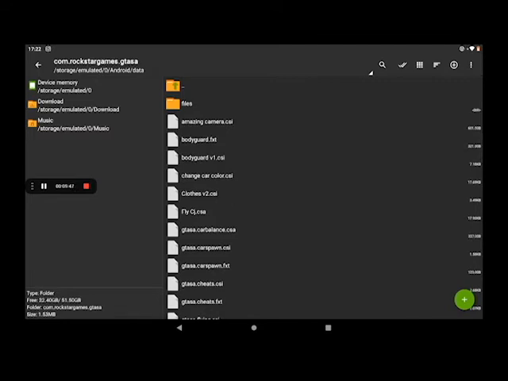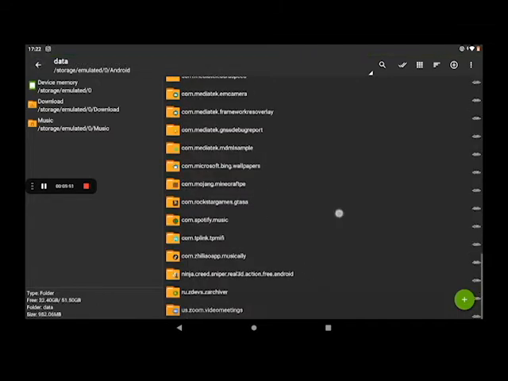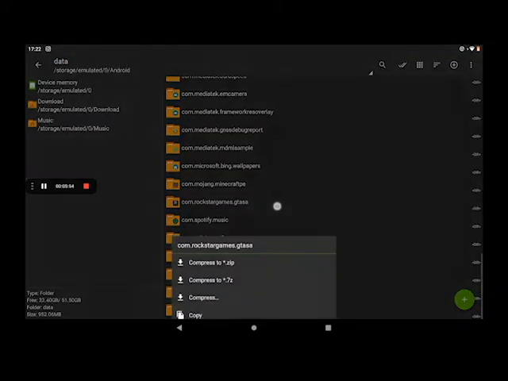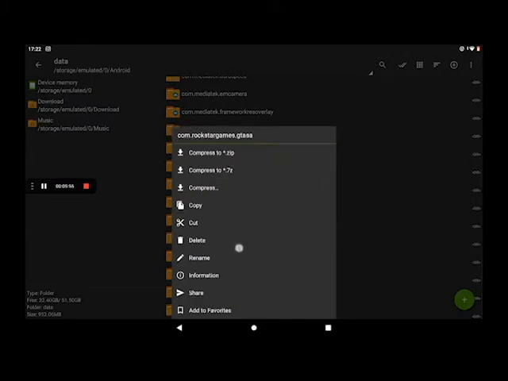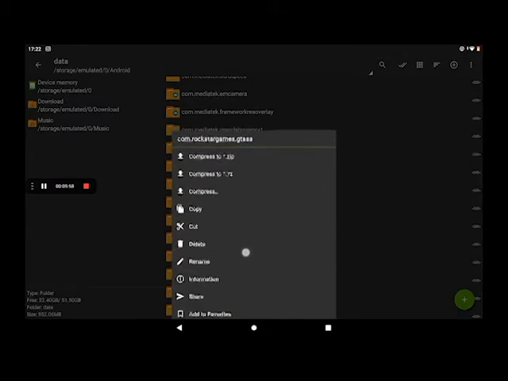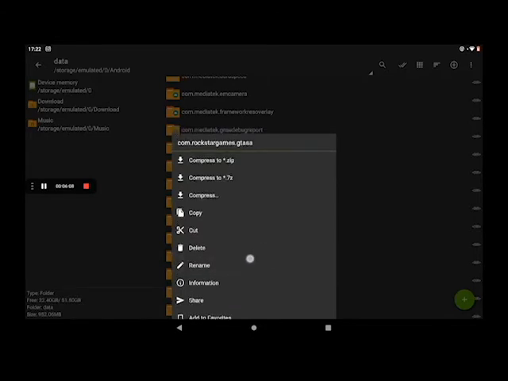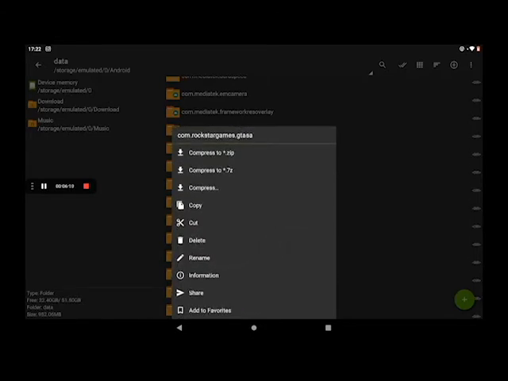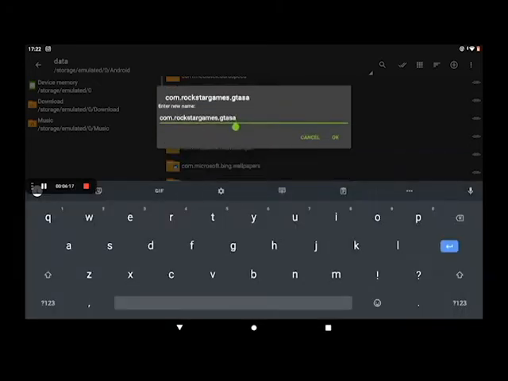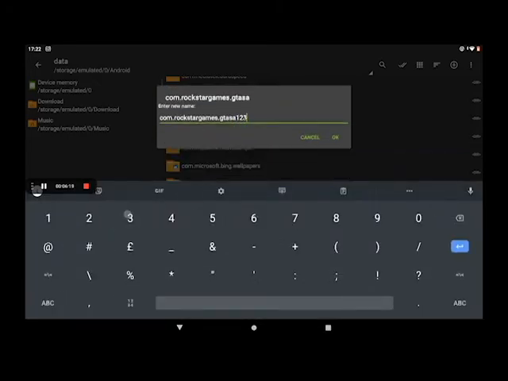Before that, for downloading the full file of Clio mods, you have to come here, long press here, then you have to rename your game, because we are going to have to download another GTA San Andreas for Clio mods. You have to rename, because if you have played it and you didn't rename your game, most of your data is going to be deleted. So for nothing to happen, we have to rename. You can add plus 1, 2, 3, anything.